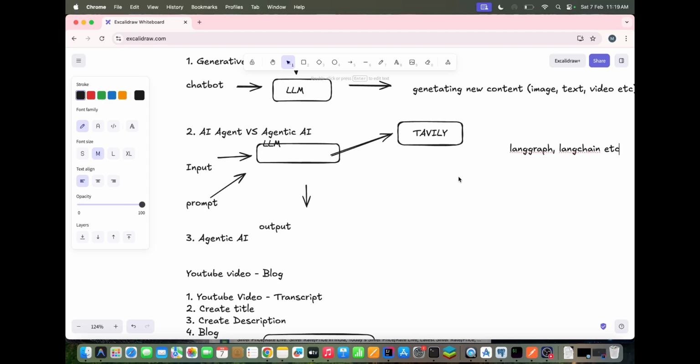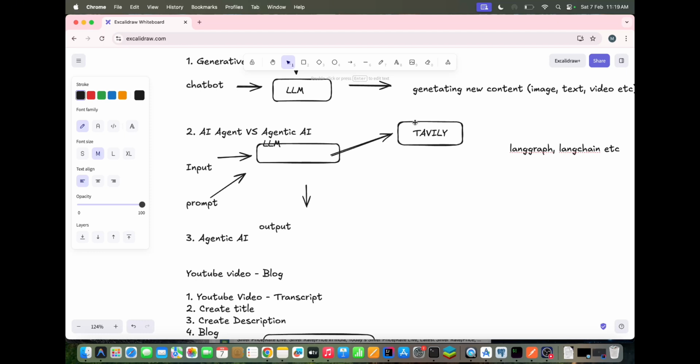Let's say there is one third party source. I will consider this scenario. I will just go ahead and connect to some kind of database. Let's say one of the databases we are calling Tavily. Here you can see this is a third party data source, that is Tavily. It provides you some kind of internet search. If you use a particular API, you can write a specific wrapper and you can probably go ahead